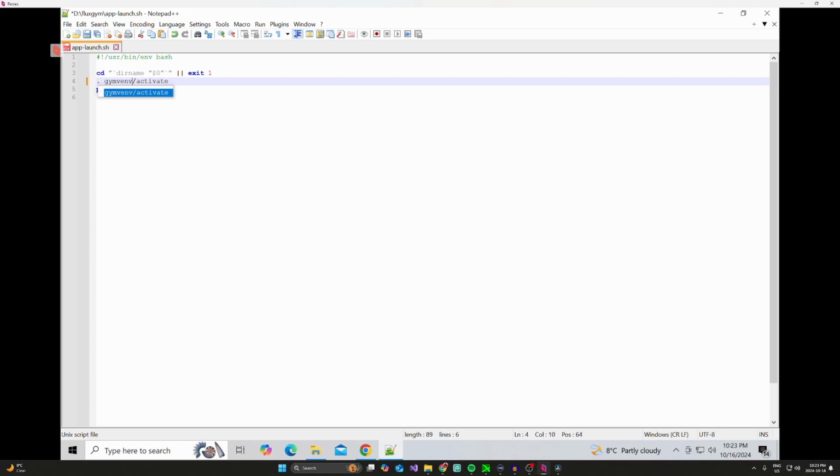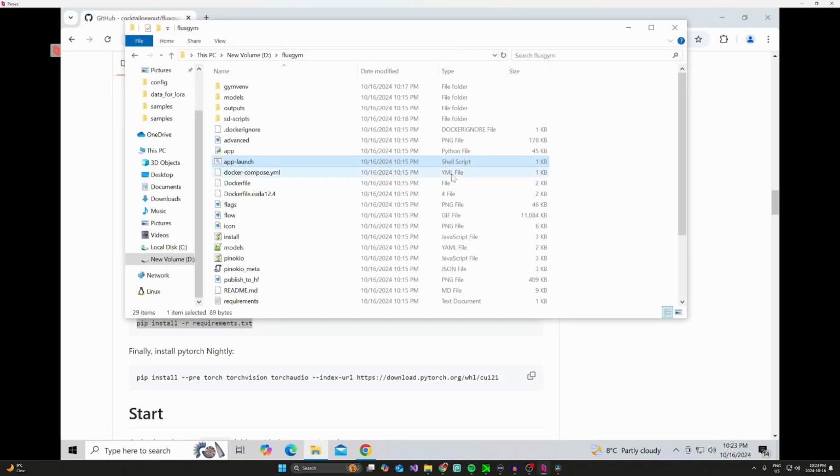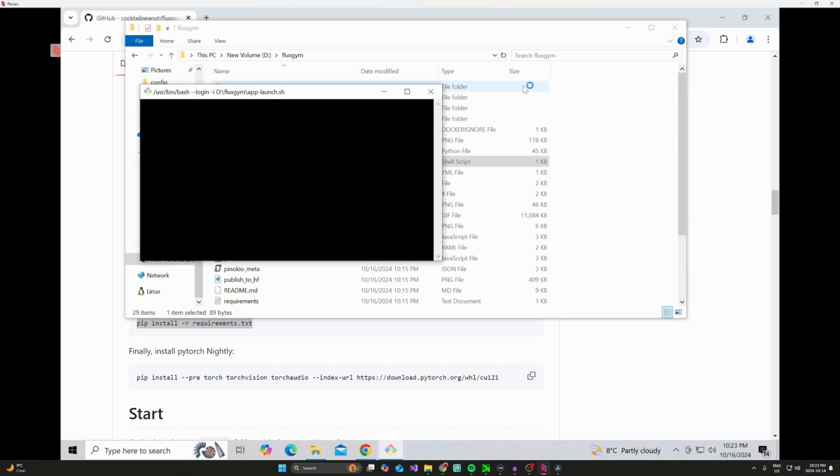and then slash and then scripts. Even though they haven't been there, we're putting scripts because we wanted to go into gym venv, scripts, and then activate. And that's it for this, guys. We go ahead and close this. Yes. All right, so once we close that, we can go ahead and click app launch, and it should